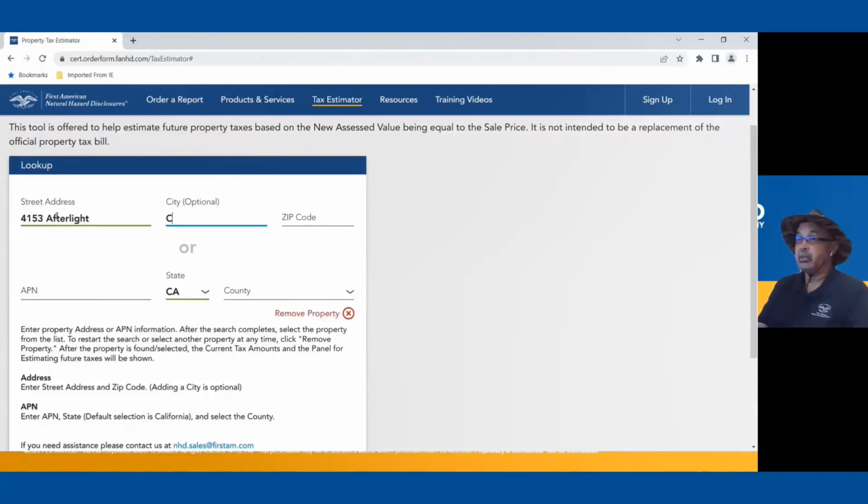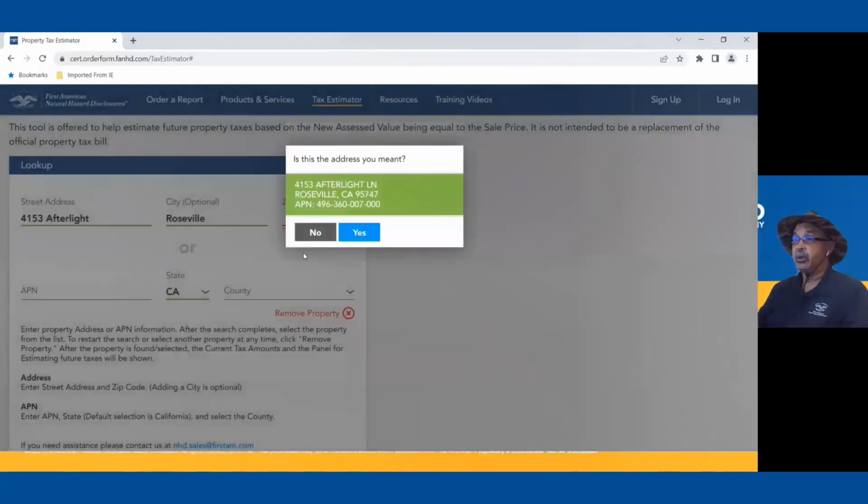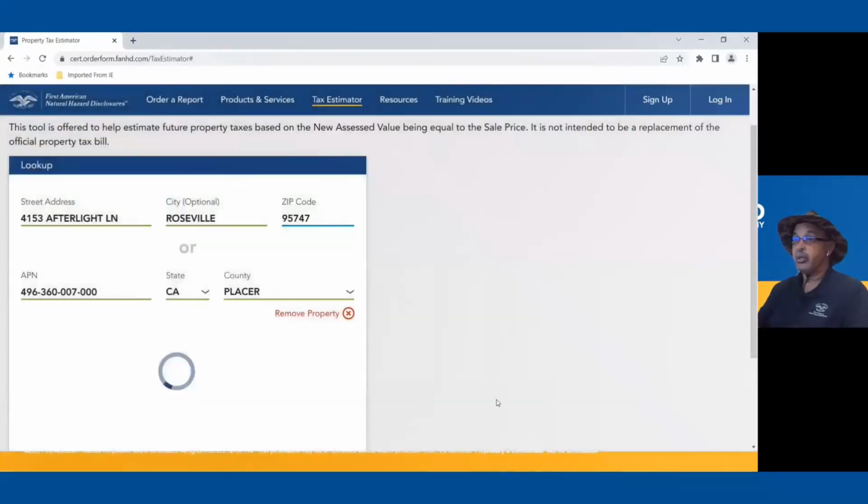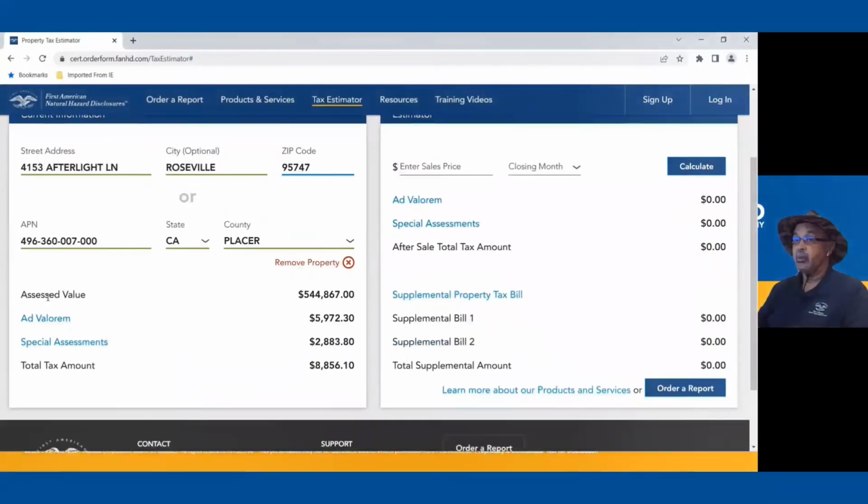This property is in the city of Roseville. And doing a search, verifying the property information. Select the property. Pulls up the current assessment information on the property. Assessed value, the ad valorem taxes, as well as the special assessments.